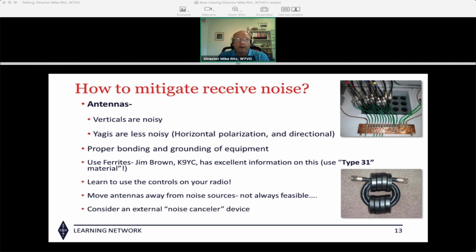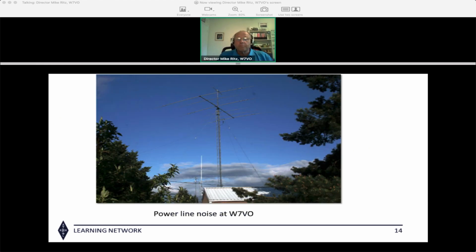A last-ditch attempt is to consider using an external noise canceller device. It's kind of a magical device you don't hear much about. We're going to talk a little bit about what these are. So here's my situation. This is a picture of my shack, which is inside of a pole barn shop, and